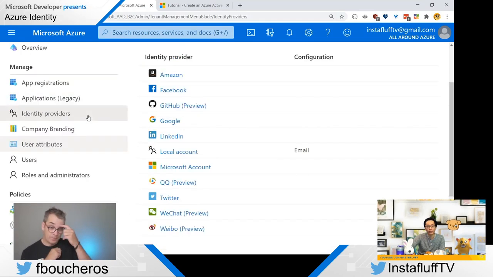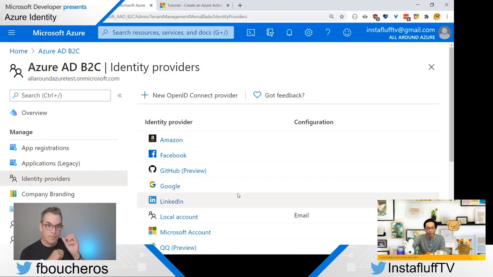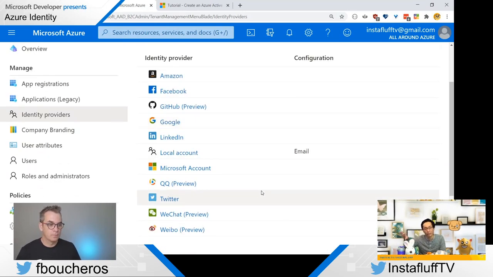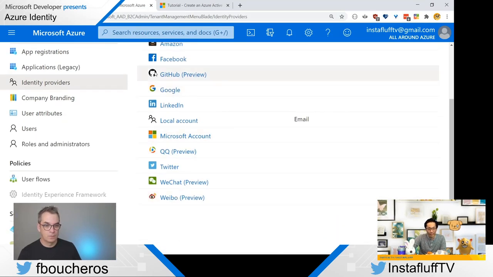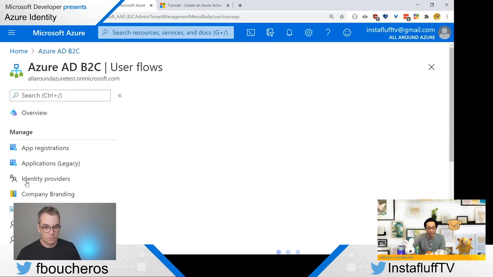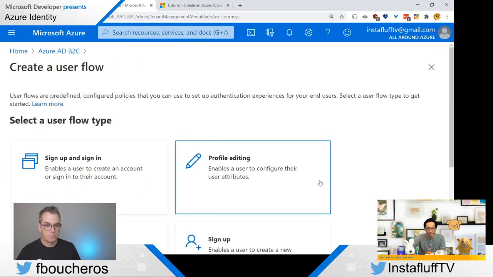You have to do it within the tenant, but you can add an OpenID Connect provider if you have a separate OpenID option that isn't listed here. But because we didn't have any here, we're just gonna do the regular email user flow.